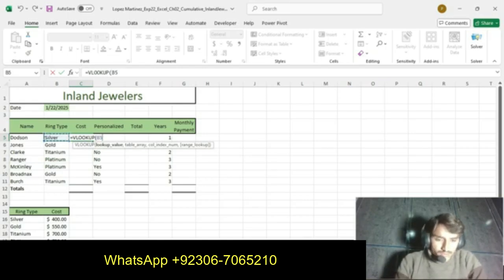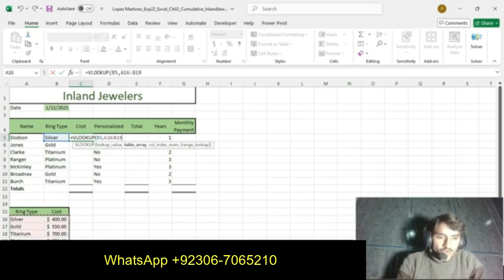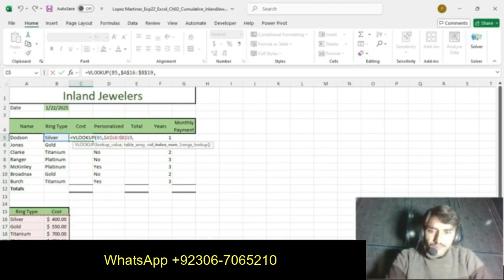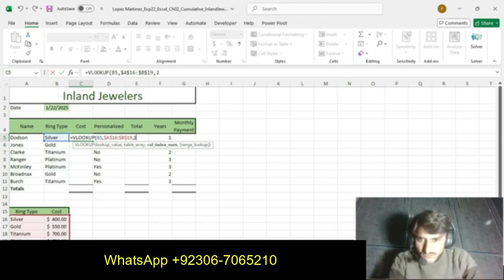So we press B5 for the lookup value. Then the table array. The table array is here, so we select this. For absolute cell references we press F4. Now the column index number. We get the value from the second column, so we press 2.